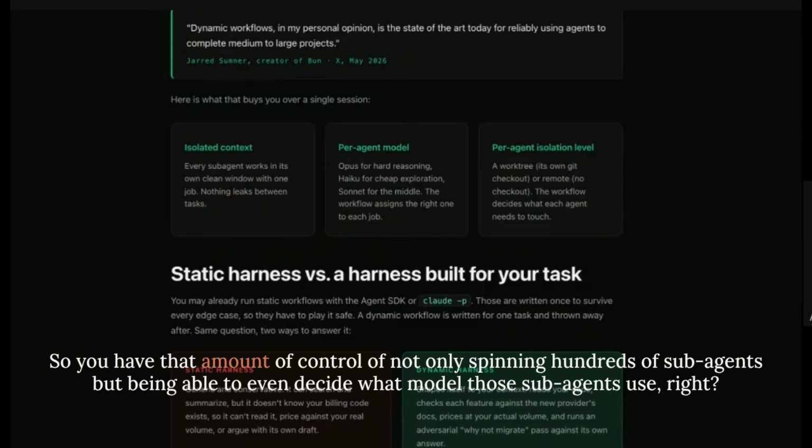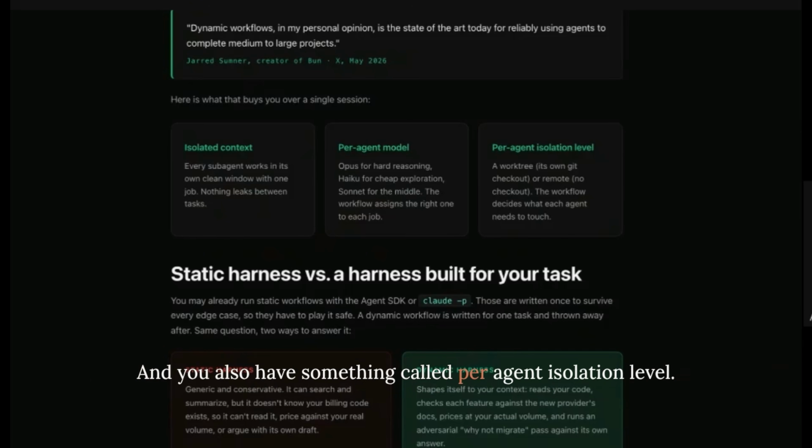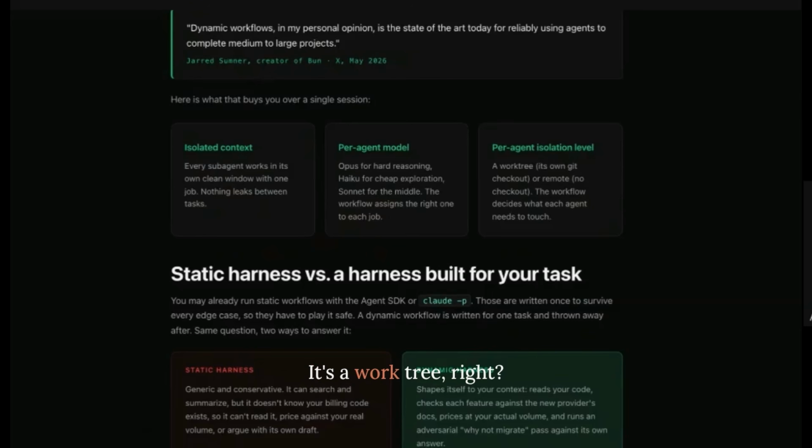So you have that amount of control of not only spinning hundreds of sub agents, but being able to even decide what model the sub agents use, right? And you also have something called per agent isolation level. It's a work tree, right? If you're familiar with Git or remote. So